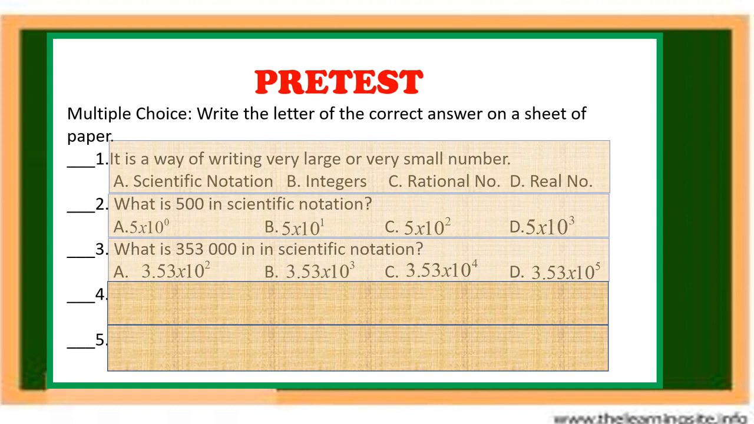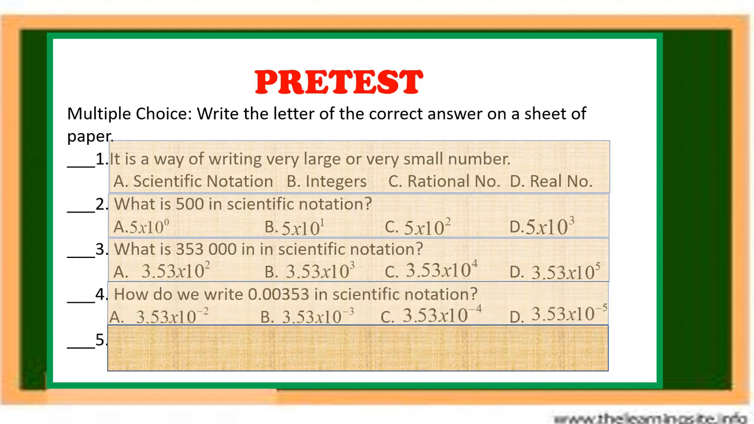Letter A, 3.53 times 10 squared. Letter B, 3.53 times 10 cubed. Letter C, 3.53 times 10 raised to the fourth power. Letter D, 3.53 times 10 raised to the fifth power. Number 4, how do we write